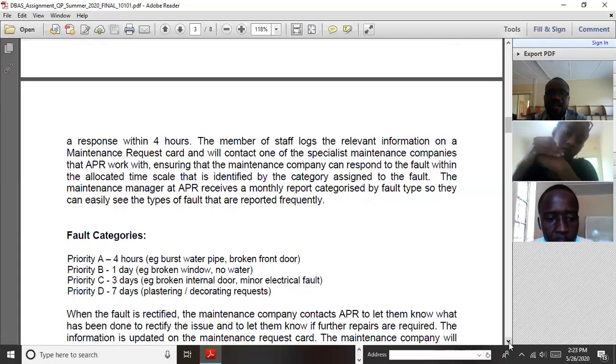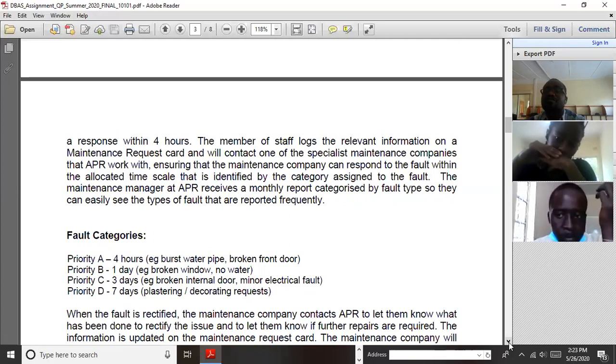Okay. So when these are reported to this estate agent, it's not them coming to repair these pipes or broken doors. No, they have contracted a company that will be coming to do this maintenance, isn't it? Okay. So